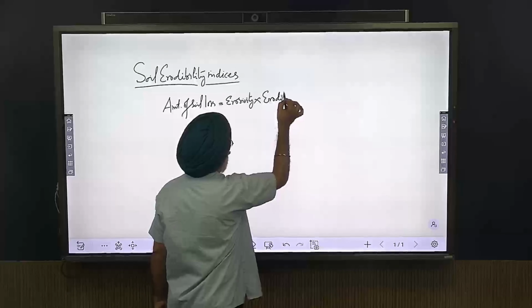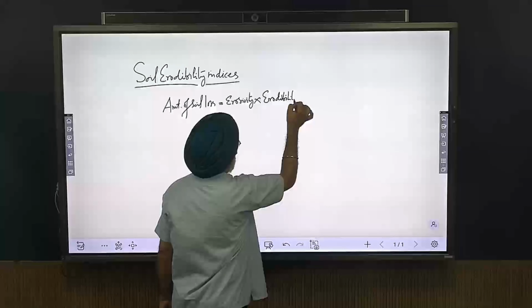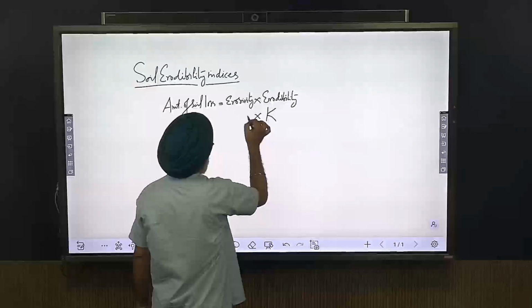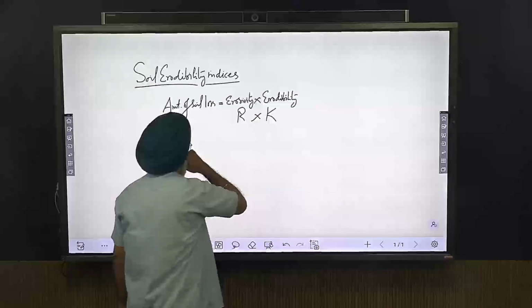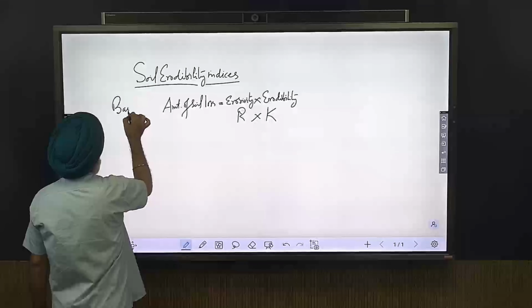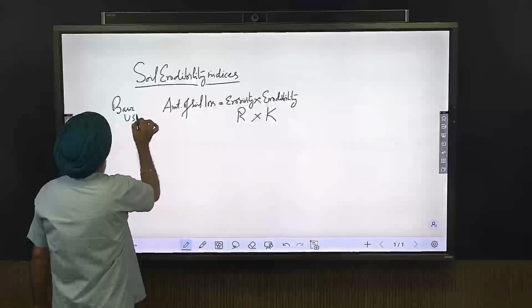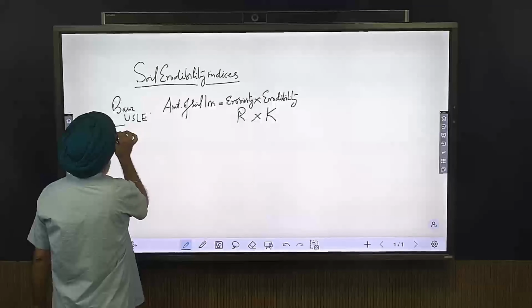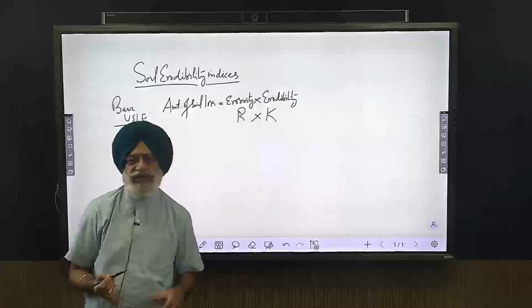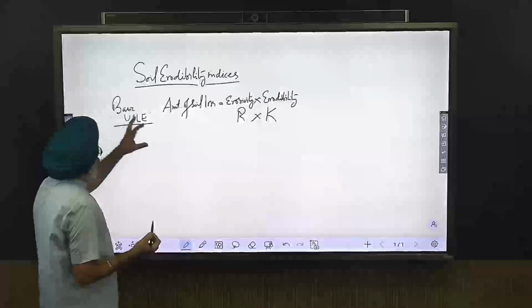So, this will be a function of, we generally denote this as K and this as R. So, this is basically the basic universal soil loss equation. We will study the universal soil loss equation in our next topics, but the basic is